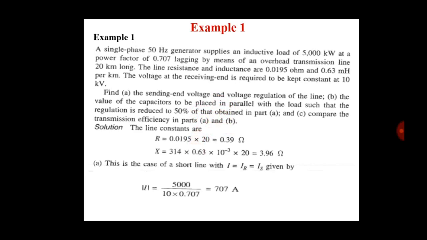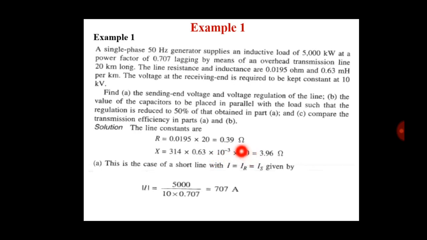Now first, r is given as 0.0195 ohm per kilometer. So capital R is equal to small r into small l, where the length is 20 kilometers. So capital R is equal to small r into small l, which becomes 0.39 ohm, and X is equal to 314 times the given 0.63 millihenry. We convert it to Henry, that means 0.63 into 10 raised to minus 3 into 20,